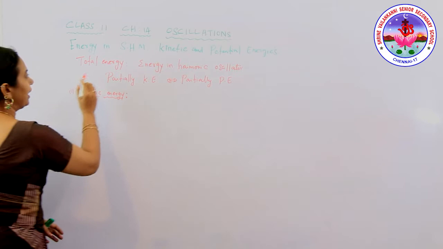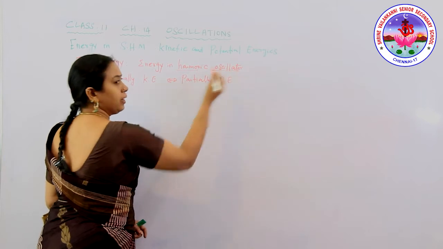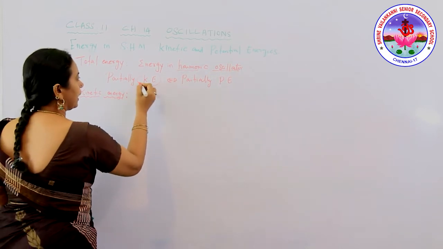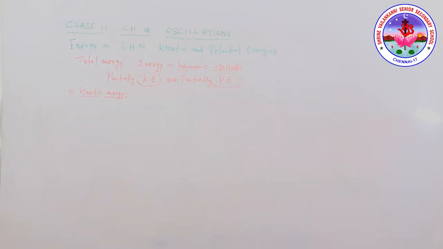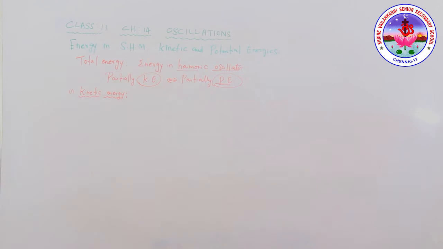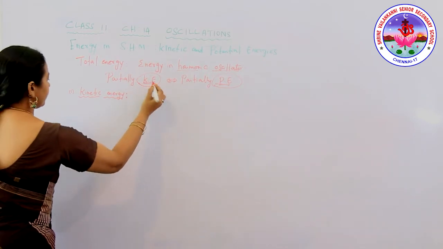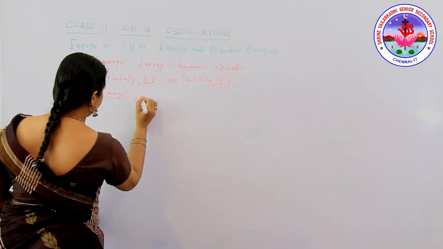because the total energy, the energy in the harmonic oscillator, is partially kinetic energy and partially potential energy. That is, if suppose the body is displaced from its equilibrium position, by doing work upon it, it acquires potential energy, right? Now, the body is released. It begins to move back with the velocity, then it acquires the kinetic energy, right? Now, for the kinetic energy, we'll see, as we know the displacement,